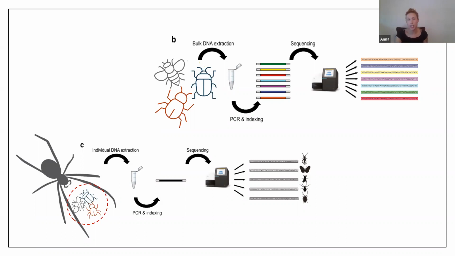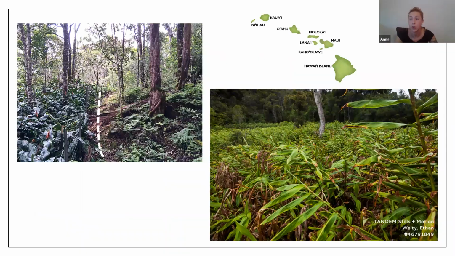So we were interested in doing a project like this, and we did this in Hawaii on the island of Maui, where there's a really severe invasion of kahili ginger. So this picture on the left shows you this boundary that exists along this fence, where on one side there's native forest that's being maintained and the ginger is constantly being removed. Well, on the other side, there's this really dense forest of ginger that has outcompeted the vast majority of native low ground cover plants.